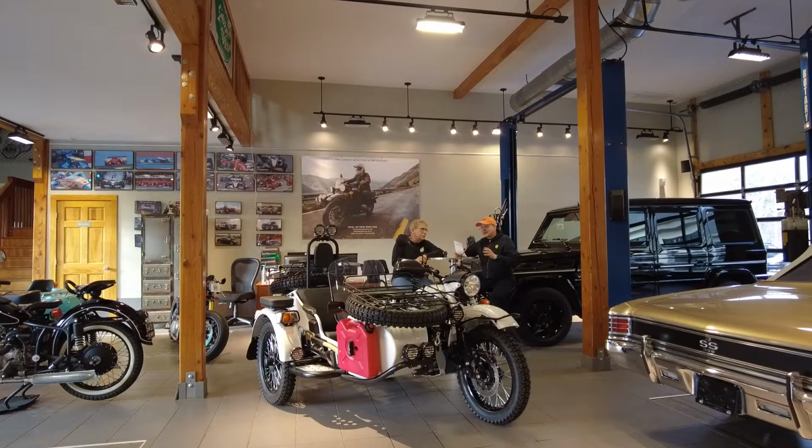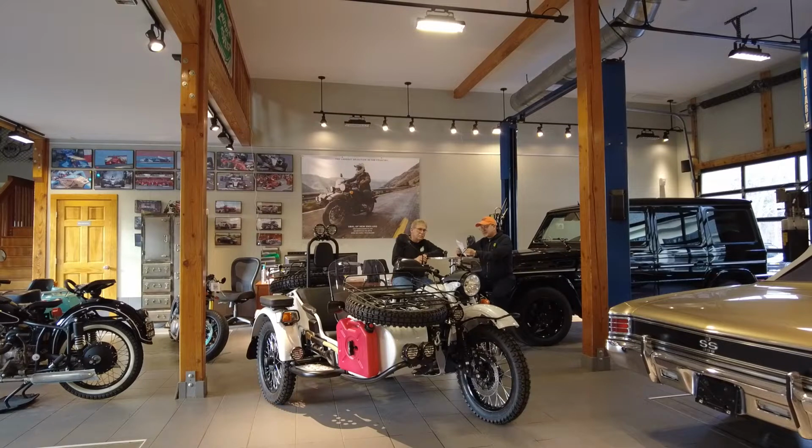So what we did, we broke down all the accessories into several categories. We have electrical, we have comfort, we have sidecar. This is probably the largest. And then we have off-road. So we're going to start from,